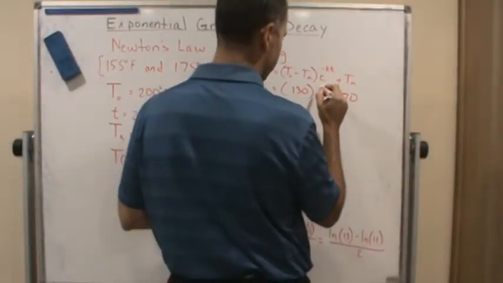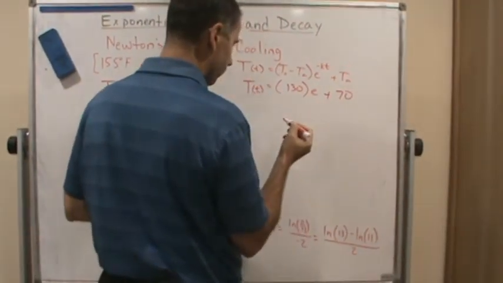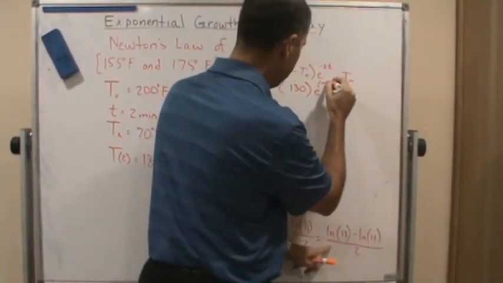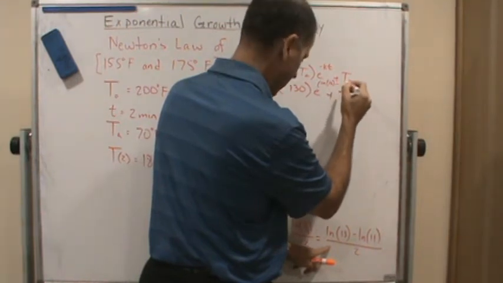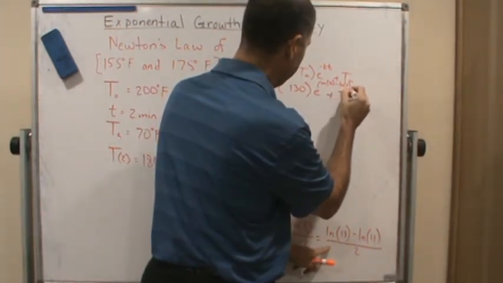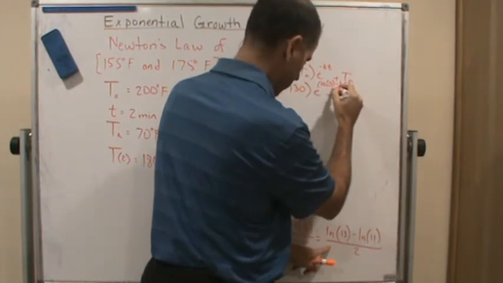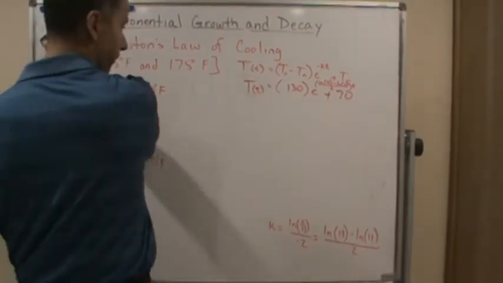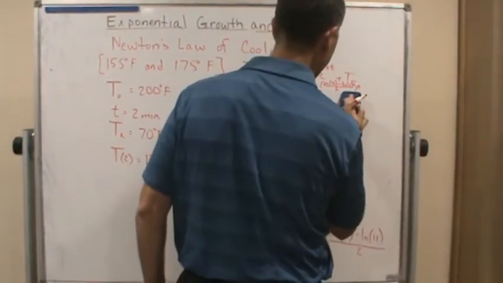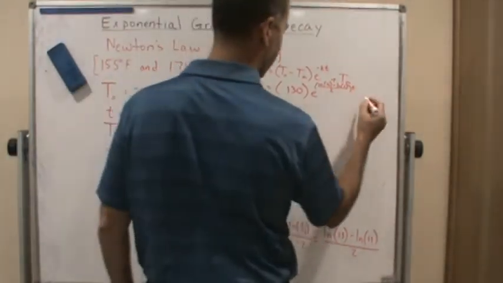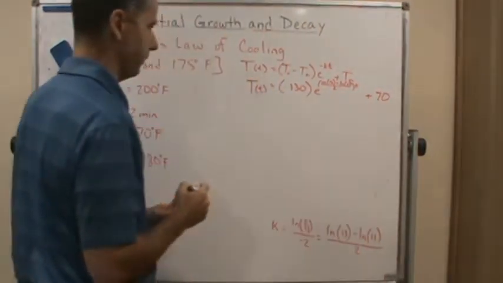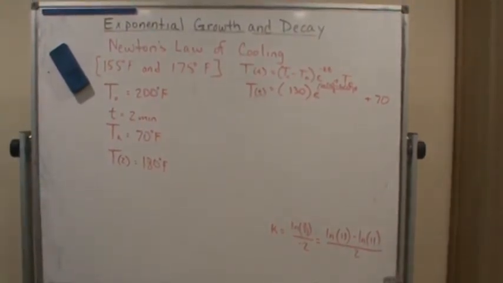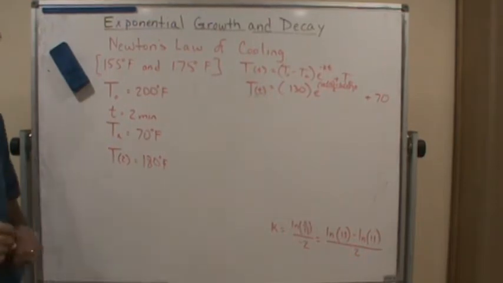And then this is just going to be this. So it's going to be the natural log of 13 minus the natural log of 11 over 2t. Okay, so that's the exponent. Plus 70. Okay, so now